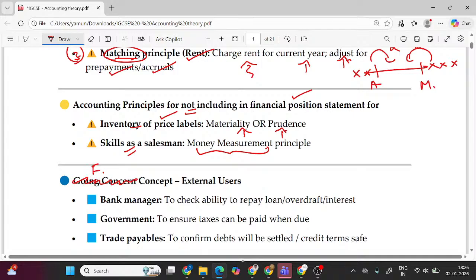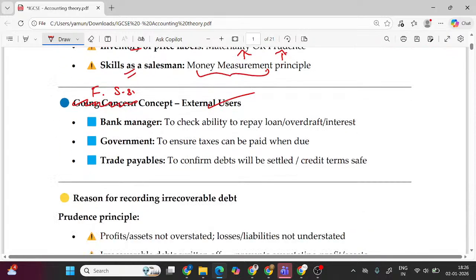This is with respect to financial statements only. If you talk about financial statements, how far have they been useful for external users, for a bank manager, to check the ability to make the loan payment or not? Say I'm borrowing a loan from a bank. Is the bank going to come to your house and give the loan? No. The bank will obviously check whether you have filed your tax bills, etc. What is your income per month? How can you manage the amount?